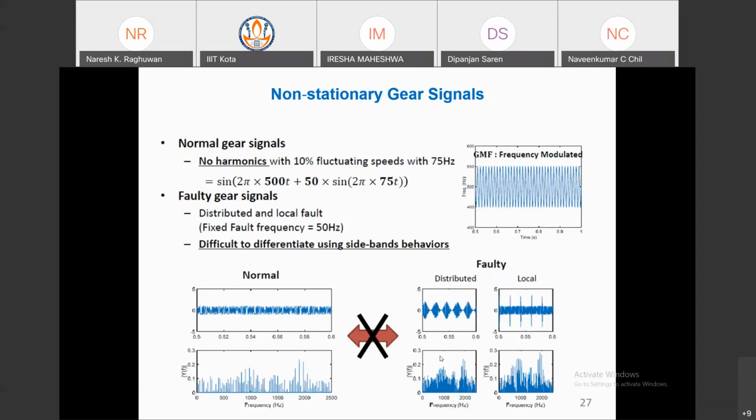Okay, so time is fixed; at a particular time there is a particular amplitude. The amplitude is varying, but at a particular time interval it's repeating. But in non-stationary signals, the signals are changing with time, as in actual practice.